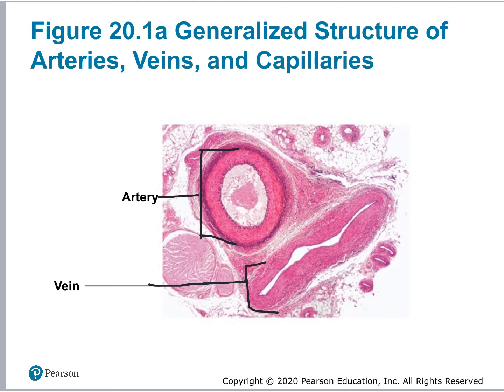But the artery is pretty round. I'm going to draw a circle around the artery right here. Okay, it's pretty round because it has a lot of elastic components to it, so it stays kind of rounder. But also, the blood that's being carried by the arteries has a higher pressure to it than the blood inside